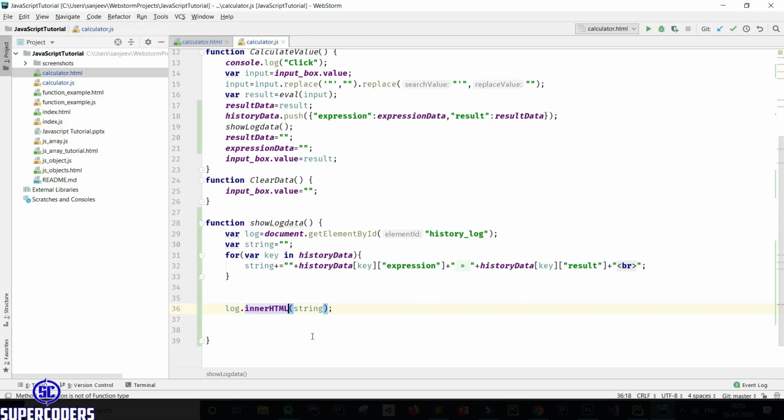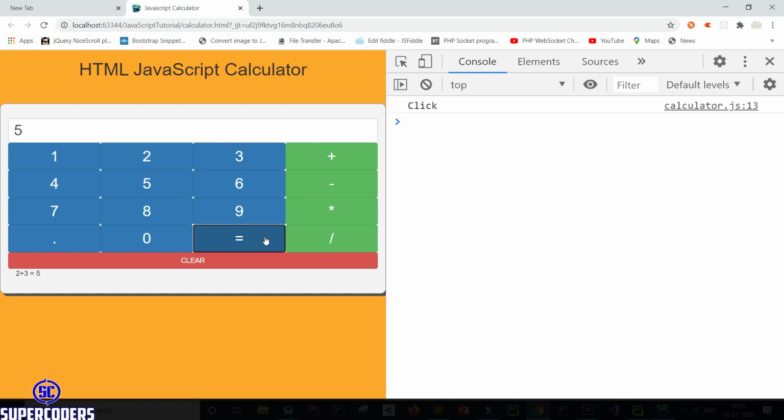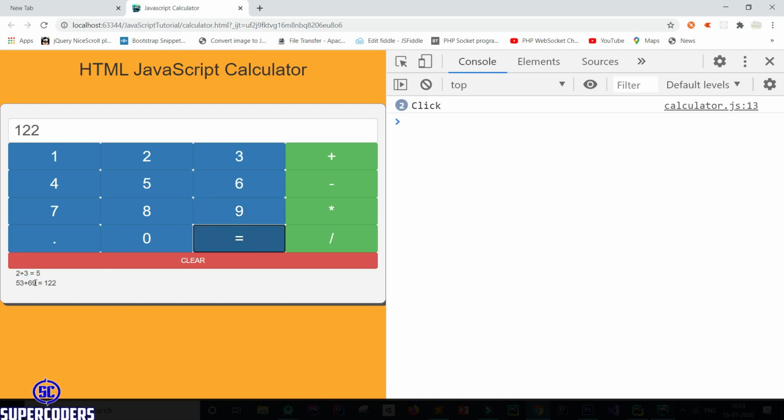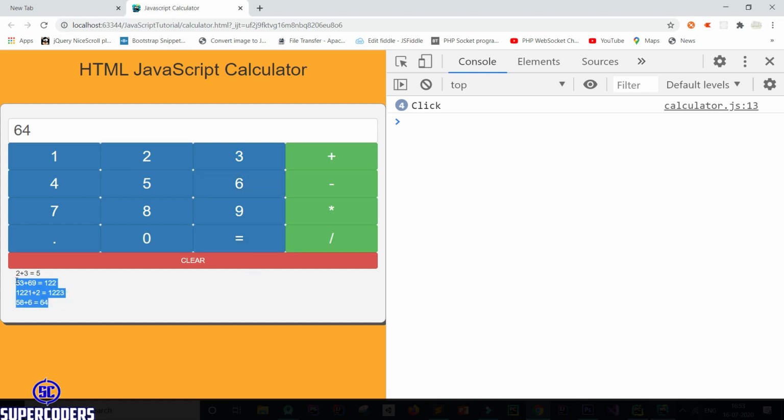Okay, it will be like this, not a function. Now let's see. 2 plus 3 equal to 5, and you can see it is shown in our result. Also 53 plus 69 equal to, and you can see it is again shown in our log. So everything we do is shown in our log. 58 plus 6, so you can see everything is showing in our log.